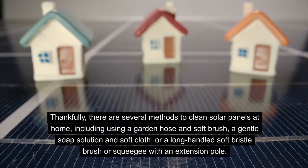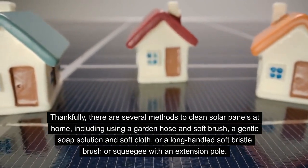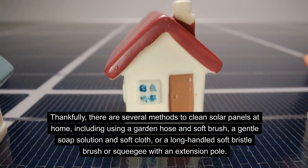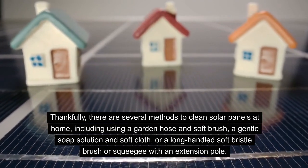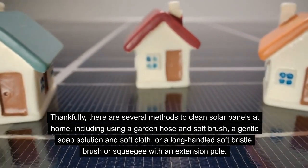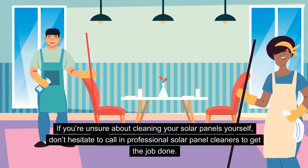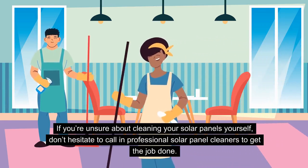And that's basically it. These are the several methods to clean the solar panels at home, including using a garden hose and a soft brush, a gentle soap solution, a soft cloth, or a long-handled soft bristle brush, or a squeegee with an extension pole. If you're still unsure about cleaning your solar panels yourself, don't hesitate to call a professional solar panel cleaner to